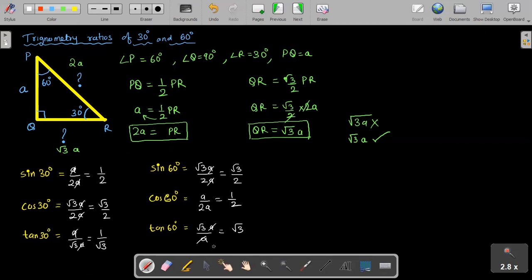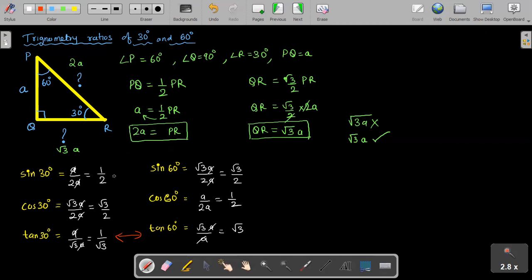There are some things which we should relate. You see this both. If we relate this both, tan 30 you are getting 1 by root 3 and tan 60 is just the opposite of that. In this way also you can remember. Remembering the table is a little difficult, but you can remember it like this. Tan 30 is 1 by root 3, at least one value you should remember. Then tan 60 is just the opposite of that, root 3 by 1, that is root 3.